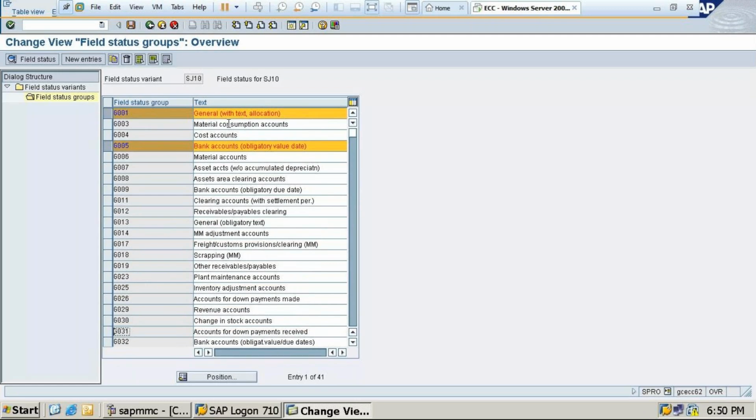Field status group G001 is for text: general with text allocation. G005 is for bank accounting, obligatory value date. Okay, that you write. These two first you make a note, because these three are required at the time of GL creation.